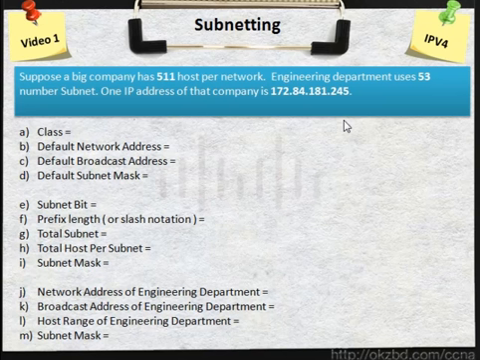It's about subnetting. In this video, I am going to solve a problem for IPv4. Here is the question. Suppose a big company has 511 hosts per network. Engineering department uses subnet number 53. One IP address of that company is